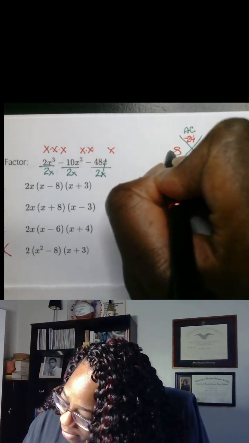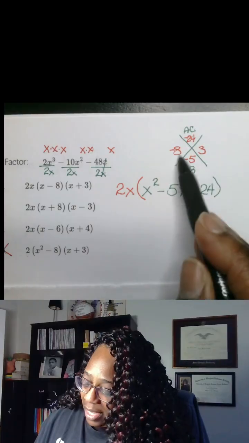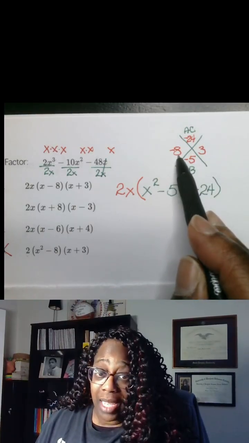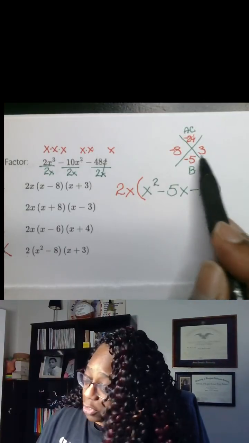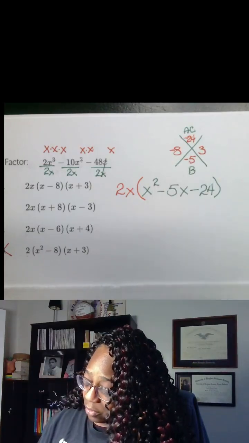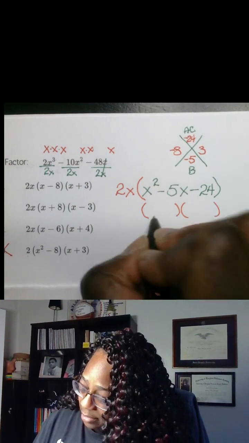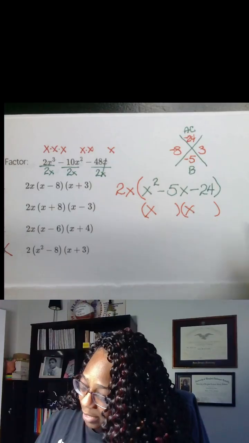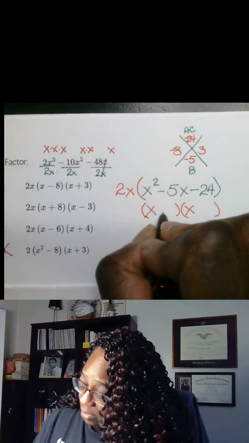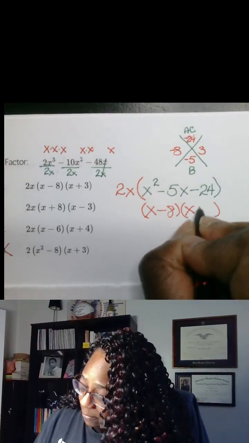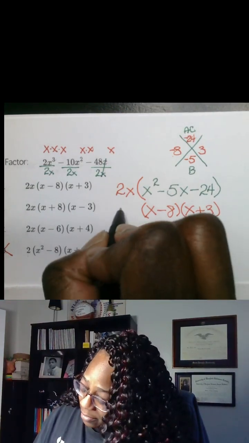So, negative 8 times positive 3 will give me negative 24. Negative 8 plus 3: if you owed me $8 and you paid me 3, that means you owe me $5. So that's why these two factors work great. So we're going to split our x's, 1x here, 1x there. Then we're going to find the numbers, the factors that we just found, and put them in each of the parentheses. And then we cannot forget to bring down